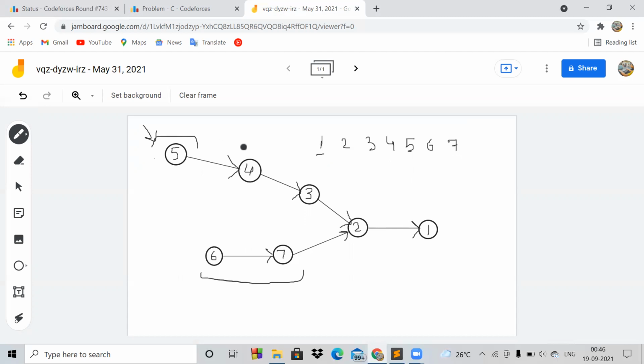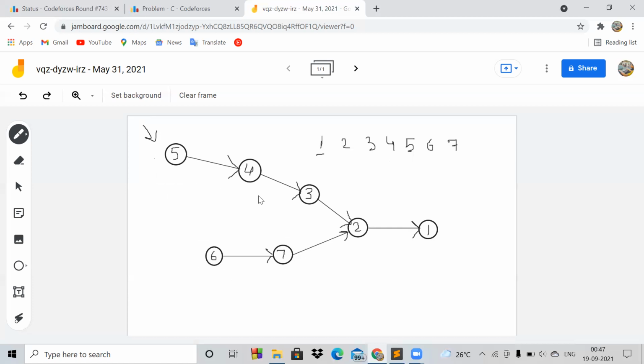One observation from here is that if chapters are connected through an arrow and have increasing numbers, like chapters 6 and 7, we will be able to read the next chapter because we have already read this chapter, and the next chapter is directly connected. Since this number comes before the next number, in that same iteration we will be able to cover the next chapter also. So in the first iteration, we will be able to cover this part, and from this end, we will be able to cover this part.